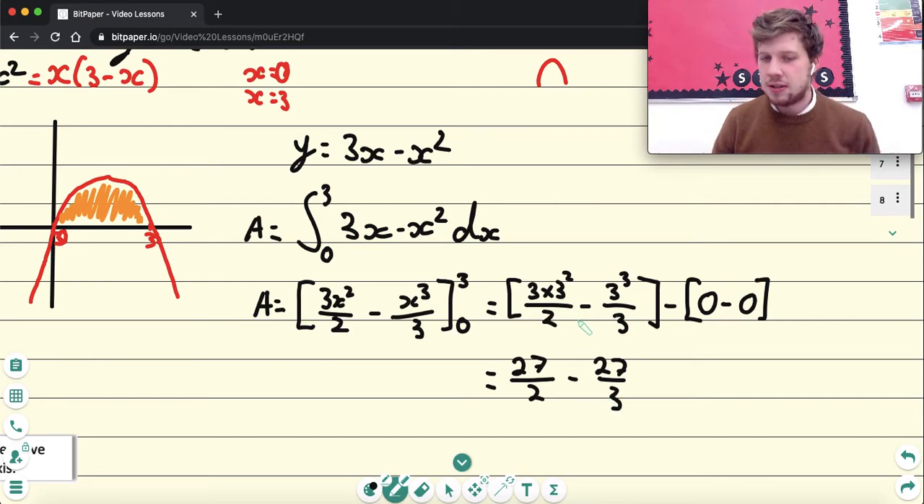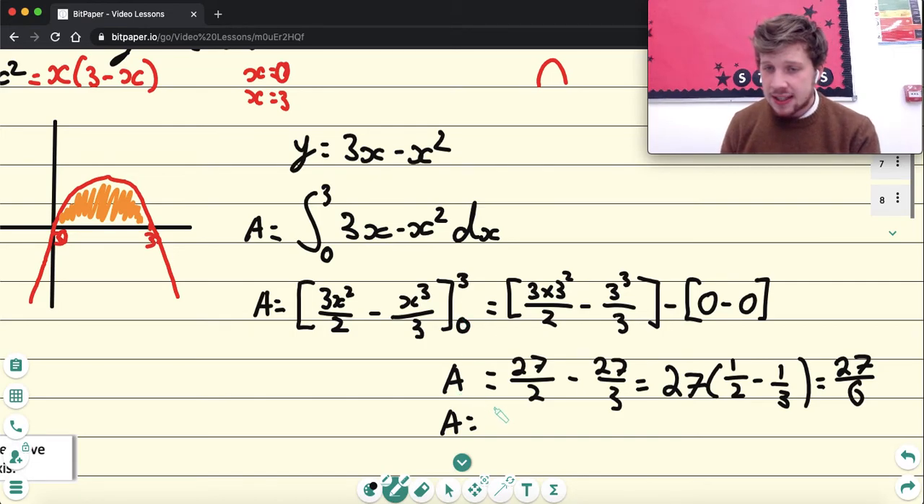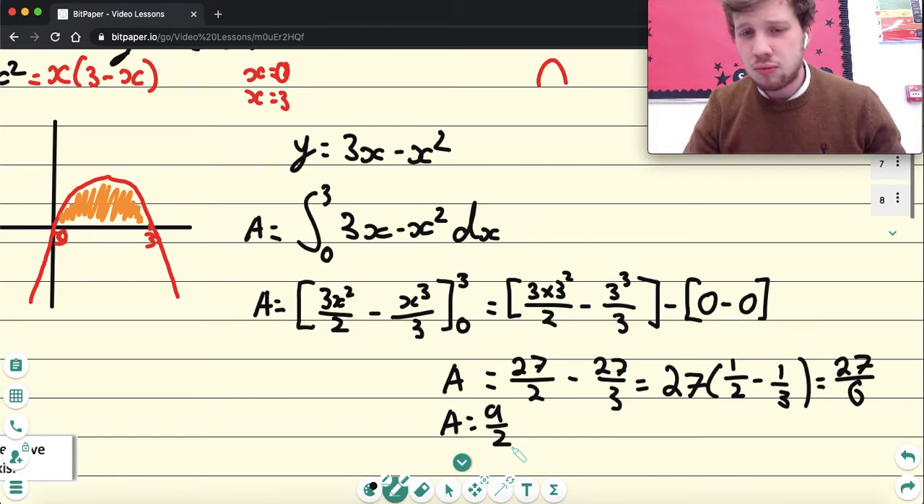So what I'm left with is 3 times 3 squared, which is 27, over 2, subtract 27 over 3. I have a common factor, I can take 27 out as a factor, and I'm left with a half, take away a third, and we know from our common denominators that a half take away a third is going to be a sixth, so I end up with my area to be equal to a sixth of 27. For this, I'm just going to simplify 27 over 6 again because it's got a factor of 3, and that's going to be 9 over 2,